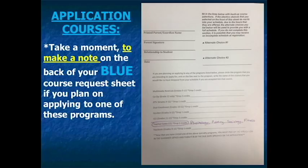If you want to apply for one of the courses or programs listed here, circle the name of the course you intend to apply for and then write the name of the course or courses that you would like to drop in the event that you are accepted into the desired program. Let me give you an example. If you plan to apply for GenNet and would like to drop Painting and Civil War in the event that you are accepted in GenNet, circle GenNet and write Painting and Civil War on the line next to where